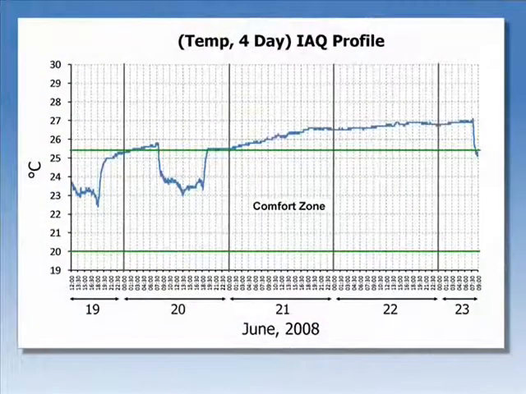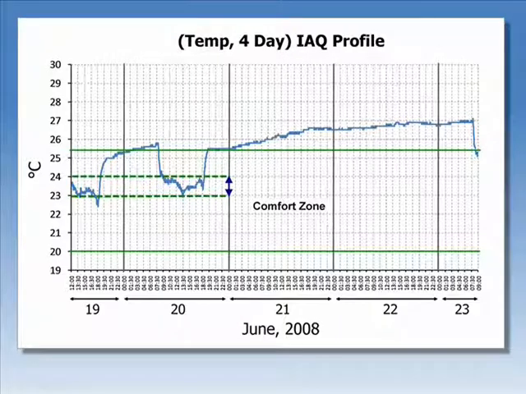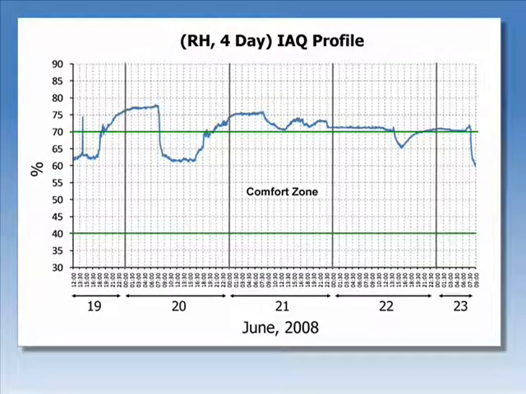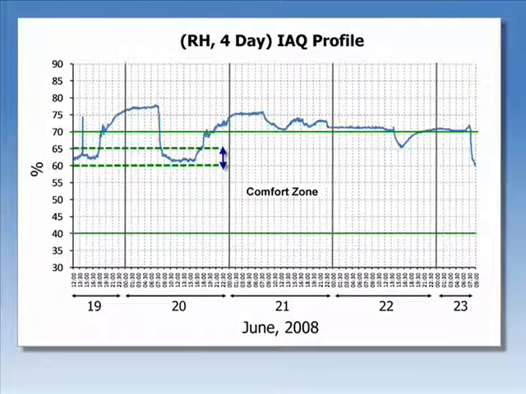The temperature is well maintained at a comfortable level of 23 to 24 degrees during the office hours. Temperature drops quickly at the beginning of a working day and rises quickly at the end. But it is rising too quickly for a huge office block of this size. Overventilation costs money. The relative humidity of this office is well maintained at a comfortable level of 60 to 65%